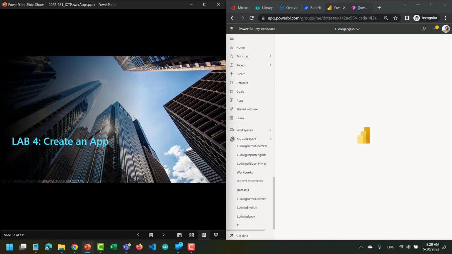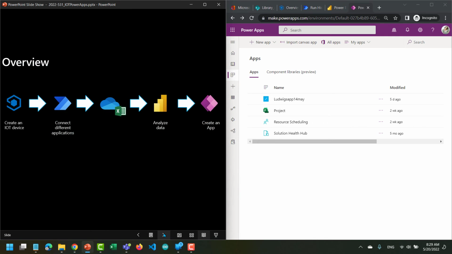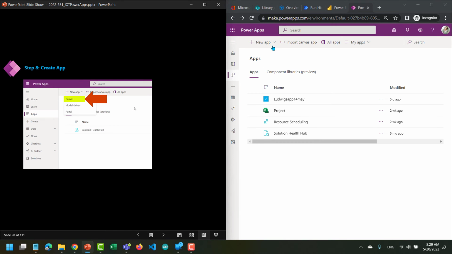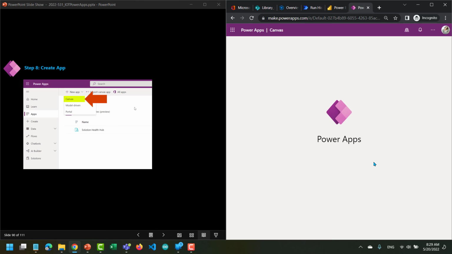Okay, let's move on then with the Power App. And for that, you need to log into Power Apps. So in case you do not know the point where we are and the website, I listed that here. So you sign in, and what we are doing is we create a new Canvas app. So we say here Ludwig English app, and we say we use a phone layout. So we create the app,